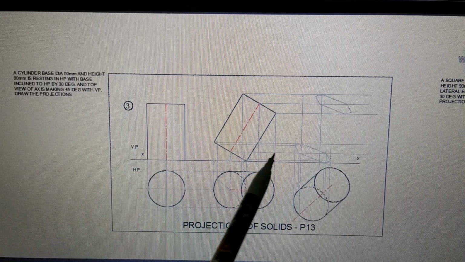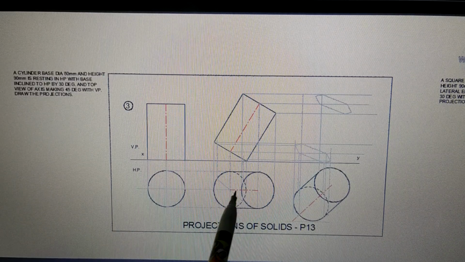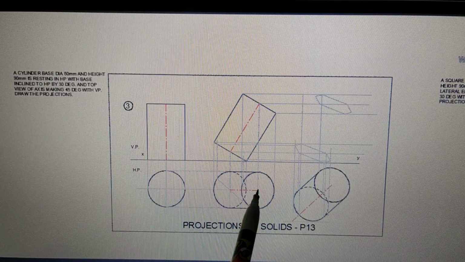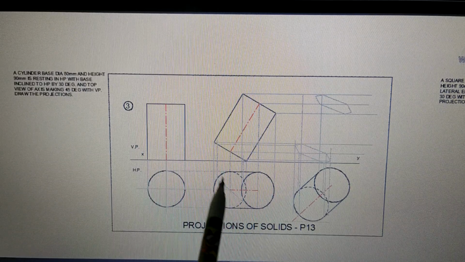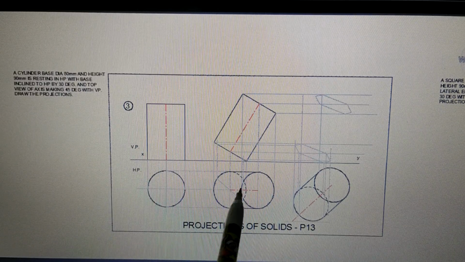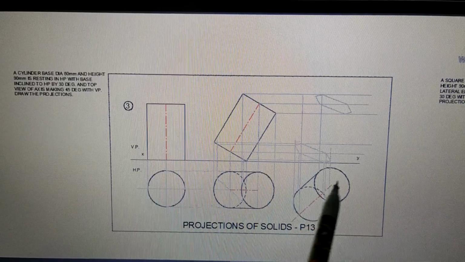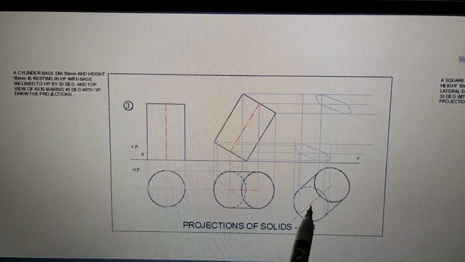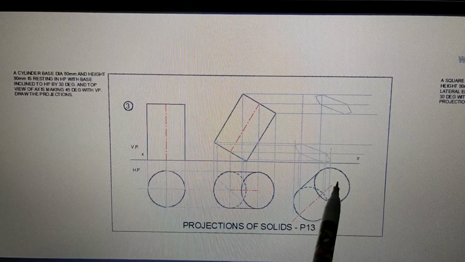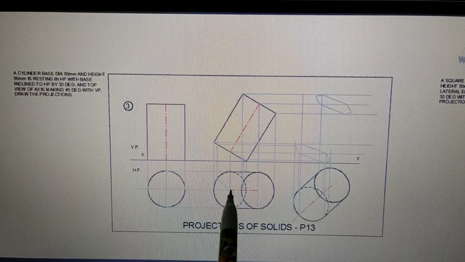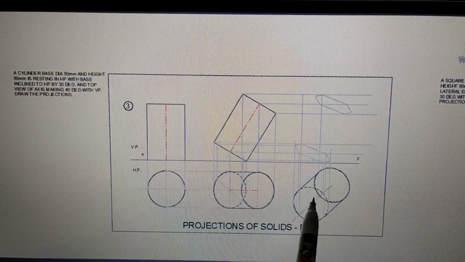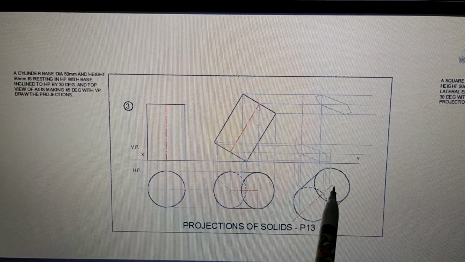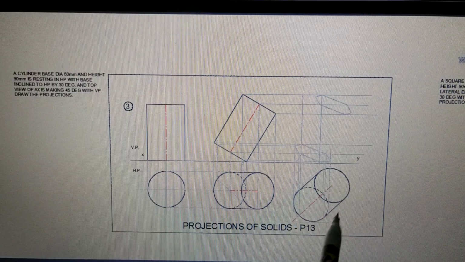So having done this, next is the top view of the axis is making 45 degrees with VP. That means this top view of the axis, which is right now parallel to VP, is going to make 45 degrees with VP. That means since they have said top view, directly this top view you can draw at 45 degrees. So you can draw this line at 45 degrees. The axis is from here to here. Although I have drawn full, it is actually only from this point to the center of the ellipse. So this line is drawn here at 45 degrees and the entire figure is repeated here.